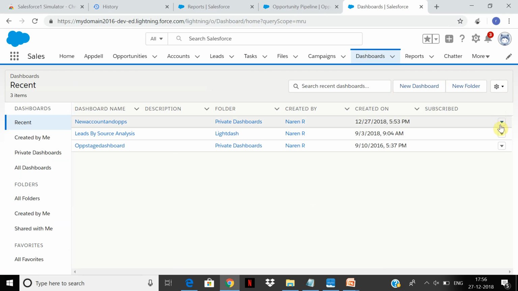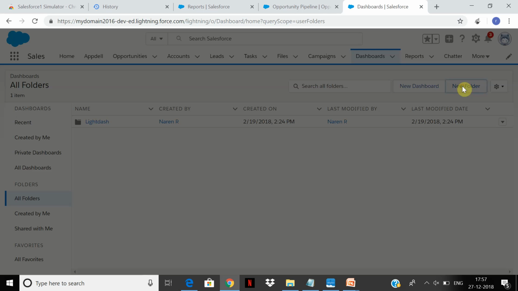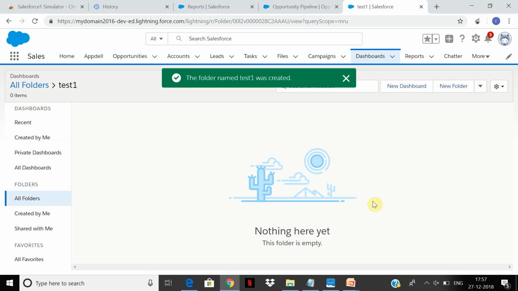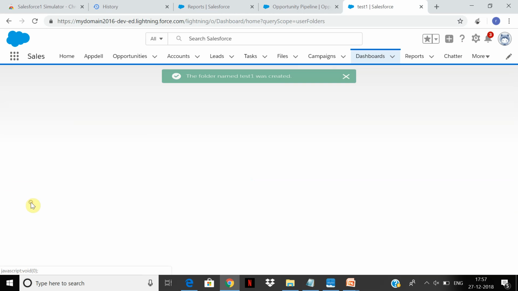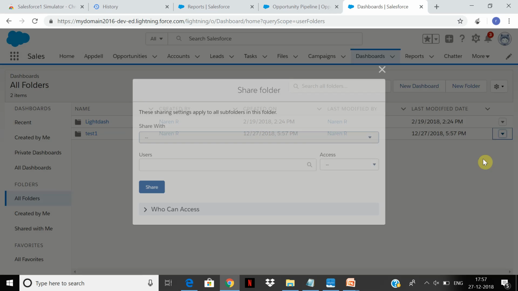Further things that you can do with this are, you can also create your folders. So you can create a new dashboard or new folders and say test one. And you can decide what is the level of access you want to give to users. If you want to share this folder, with whom,